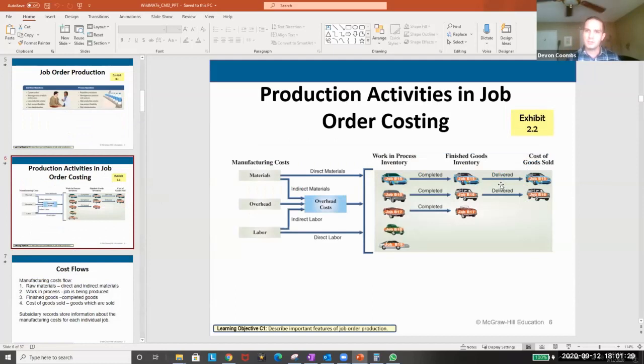The production activities and job order costing. We have manufacturing cost, overhead labor, right? The materials, overhead labor, those are manufacturing costs. We talked about that. Direct materials, direct labor goes directly into the work in process. And then some of these pieces go into overhead costs. Overhead is always an overhead cost, which then gets allocated. And so that's always going to be the complexity